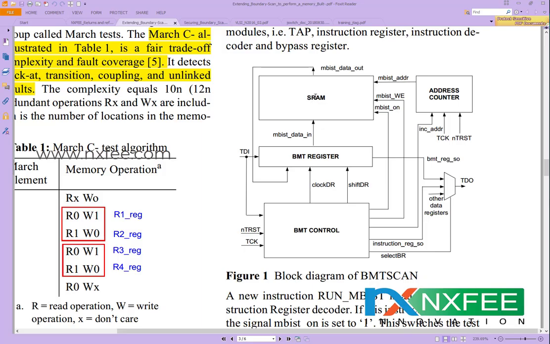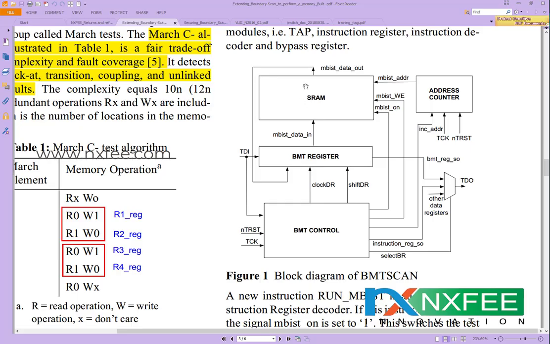After that it will bypass the data to the TDO. Here, first of all, the TDI will receive the data and load it into the BMT registers. It's 32-bit data, so once the complete 32-bit data is stored, it will initiate the data writing operation, that is, the MBIST write enable, to write